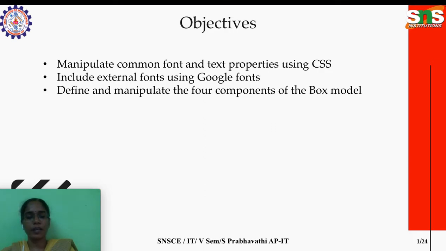There are n properties available which we could utilize to change the display of our text in the browser. Then one more thing we are going to see is using Google fonts. Apart from CSS availing the fonts, we are going to get it from online. Google also provides different varieties of fonts which we could include in our web page. So one demo regarding that I'll take you to, and finally about the box model we are going